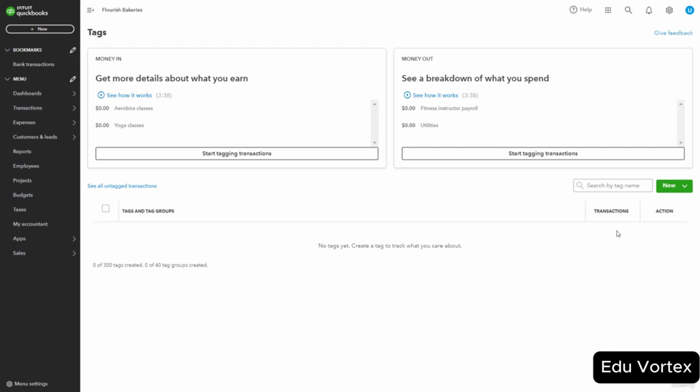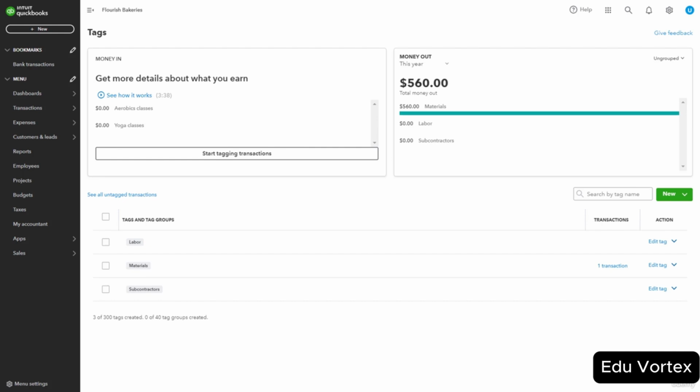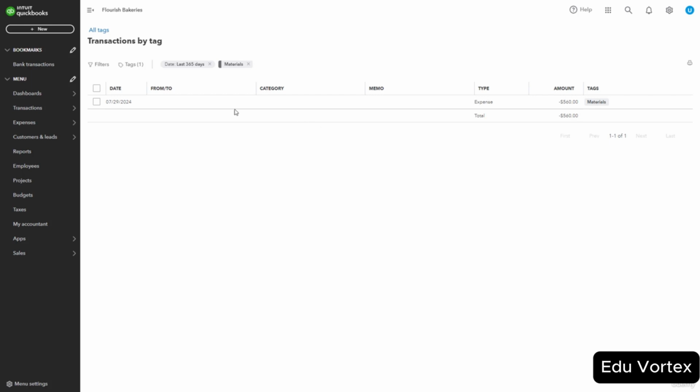Let's consider an example to illustrate these features. Suppose you are offering multiple catering projects. You can create a project for each client or job, such as Dave's Event Catering. Track all income, expenses, and time entries related to this project by associating them with the project name. Additionally, use tags like labor, materials, and subcontractors. Categorize your expenses. This way, you can generate reports to see how much you're spending in each category across all